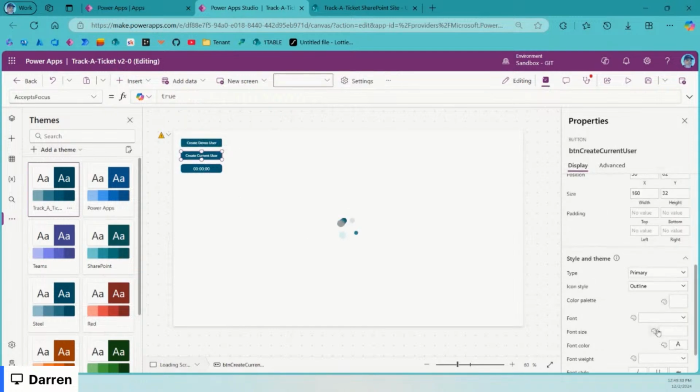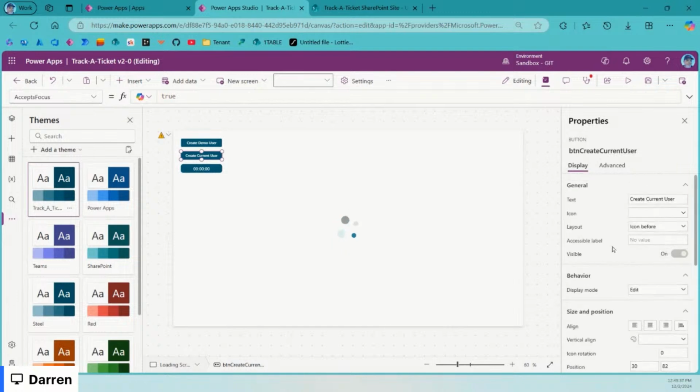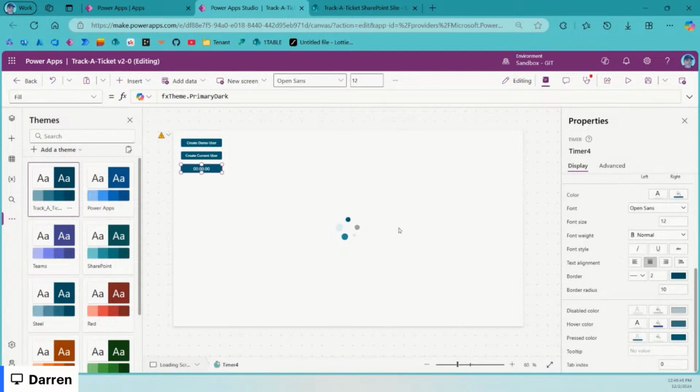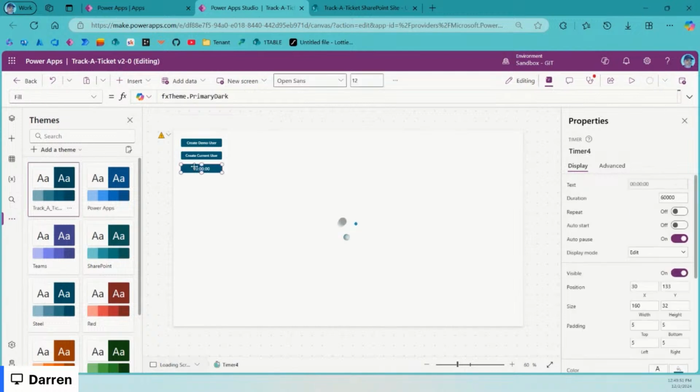So I'm going to pull in the border radius that we have for these buttons. And I'm looking for it. Looks like it's blank there. Let's go ahead and make that 5. That might be the same. There we go. Now what I want this timer to do is after 1 second,